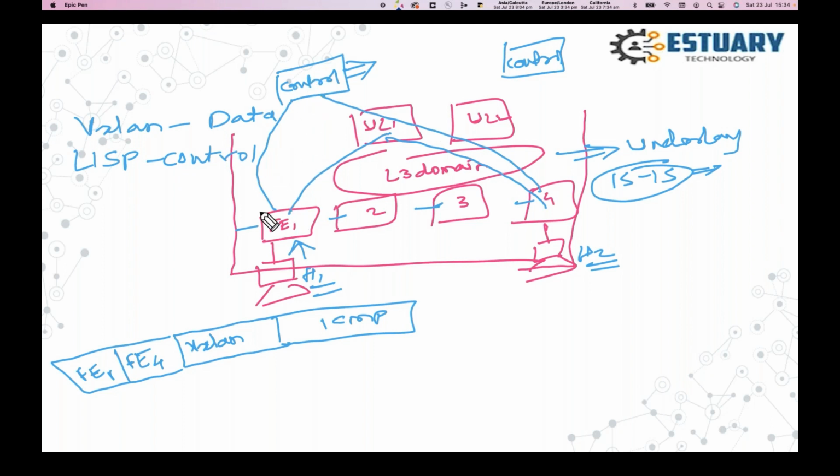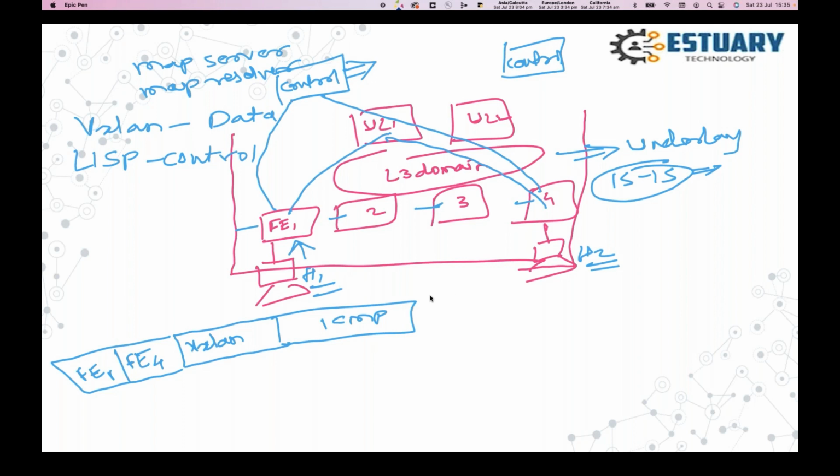So the control node is called a map server, and map resolver as well. The control node is like a brain from where I get the information about all these details, and it stores the information about all the endpoints.